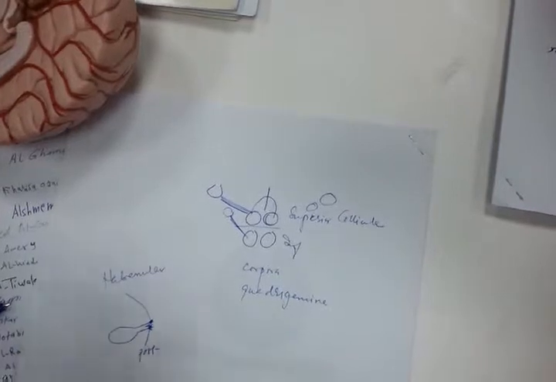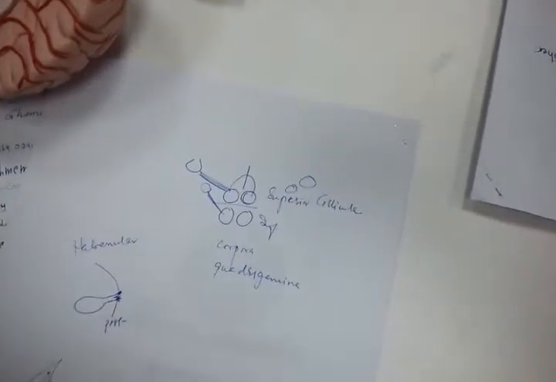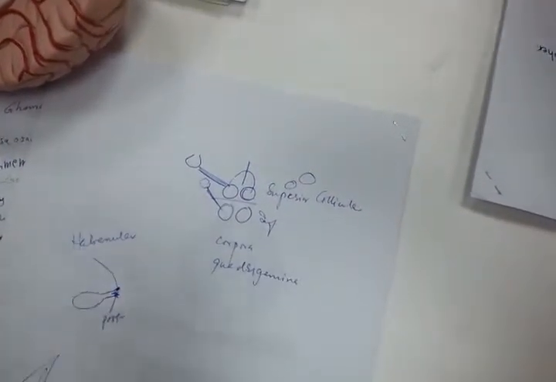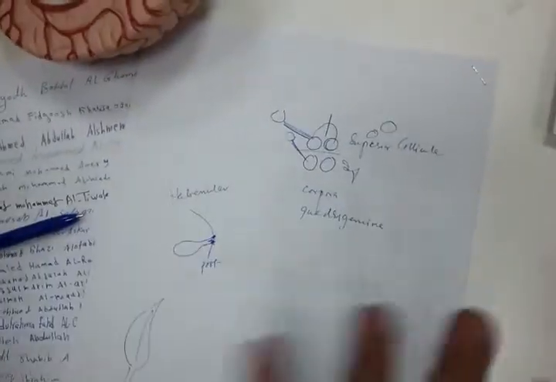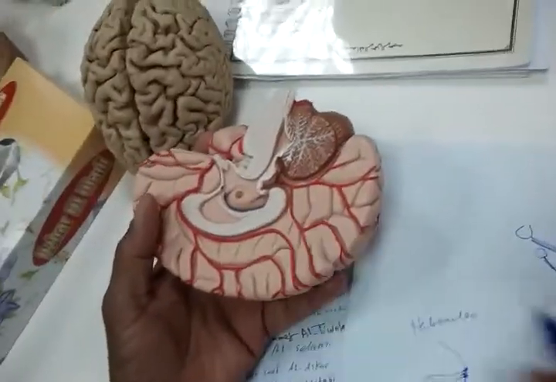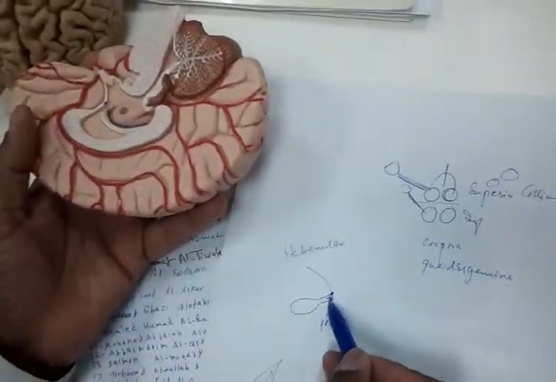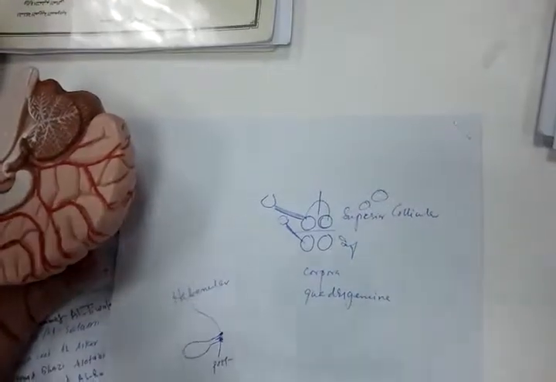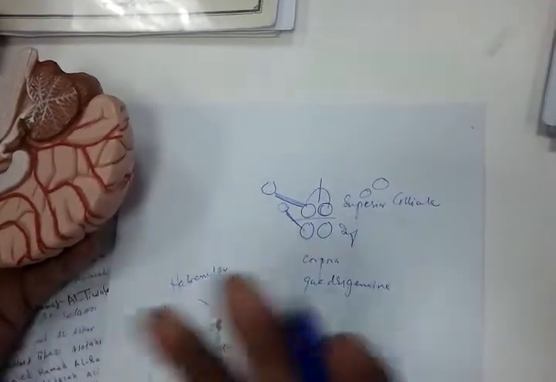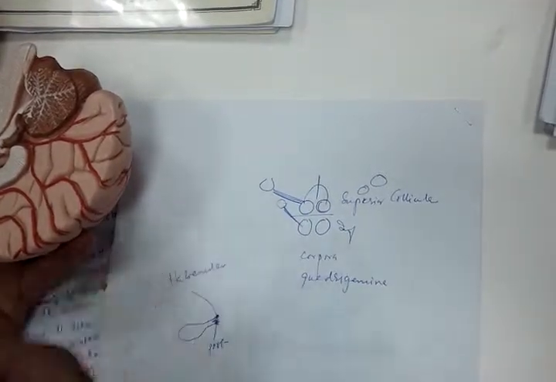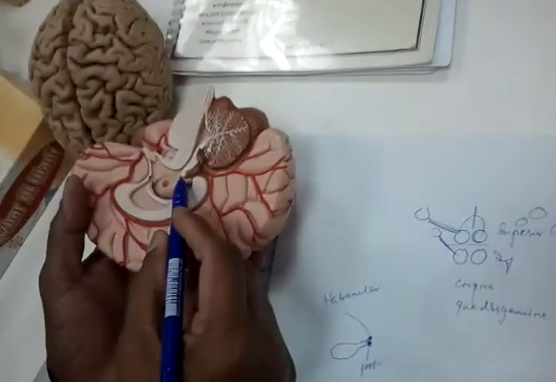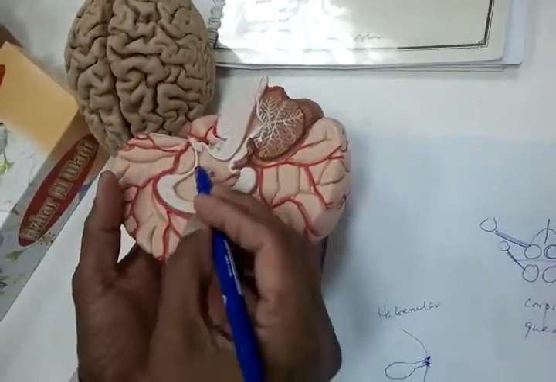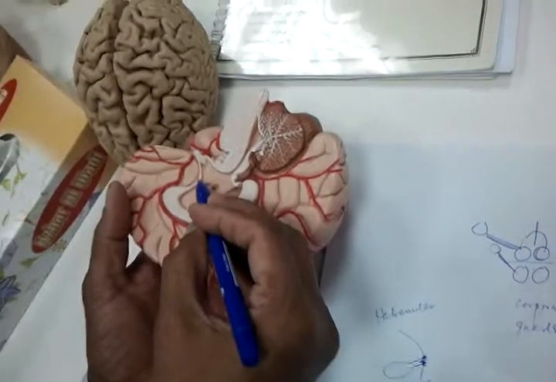Commissural fibers always connect the identical parts of the two cerebral hemispheres. Identical means the same parts. So what is the importance of the posterior commissure? It is located at the inferior part of the stalk of the pineal gland. The pineal gland, or pineal body, is the epithalamus. Two of the commissures are located at the stalk of the pineal gland. The third one is here: the anterior commissure.